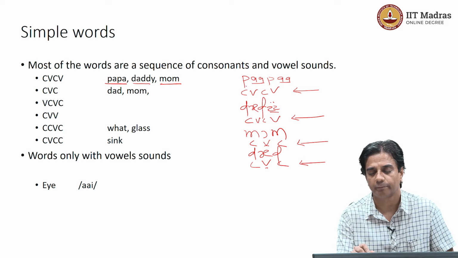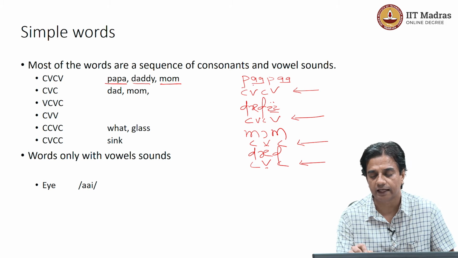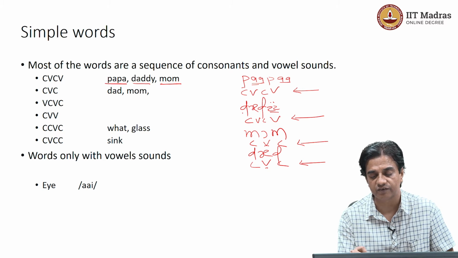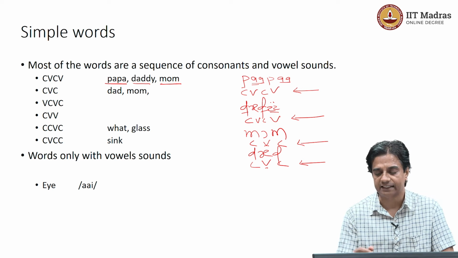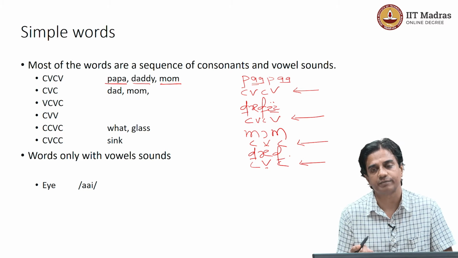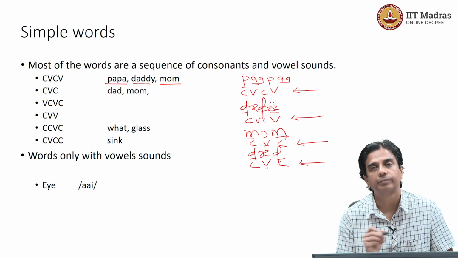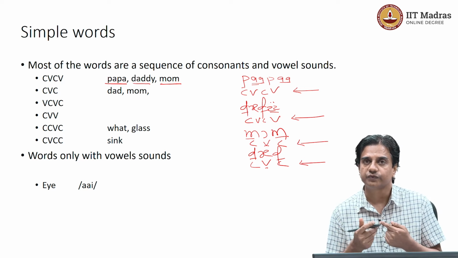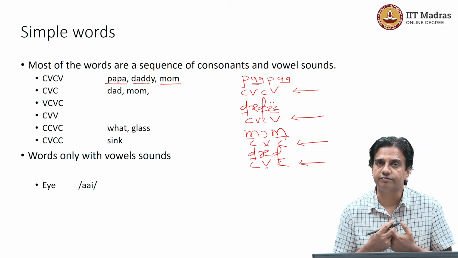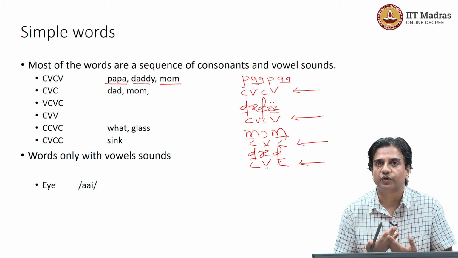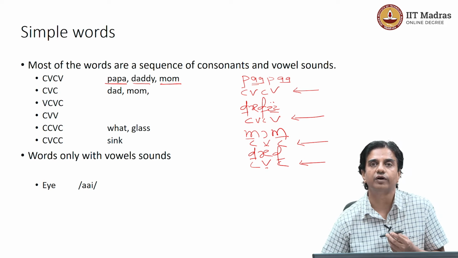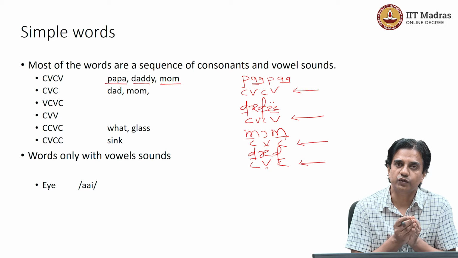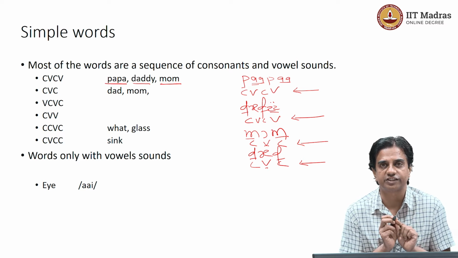Please look at this word, papa. Sounds like pa and a are coming twice in the same word. Daddy, a vowel sound, a consonant sound da is coming twice. Dad, a consonant sound da is again coming twice. Mommy, mom, consonant sound ma is coming twice. So, we can have the same sound multiple times, we can have more sounds, we can have more consonant sounds in a word. So, we are not talking about contradictory things.